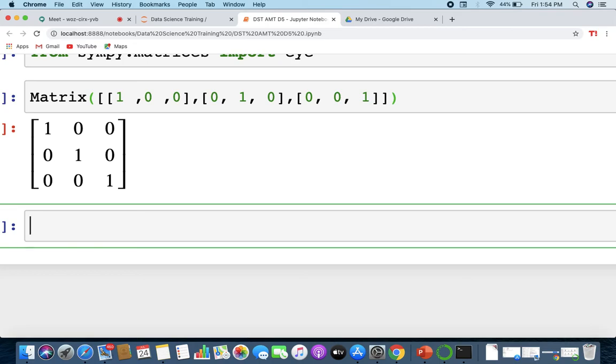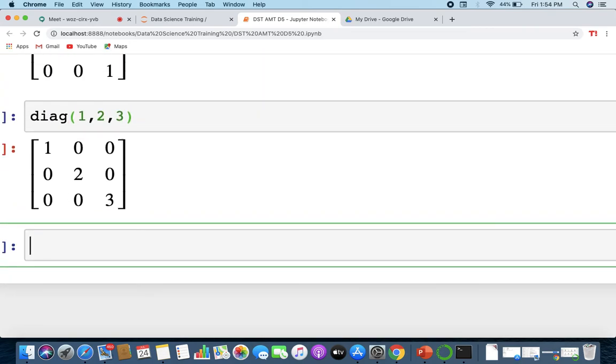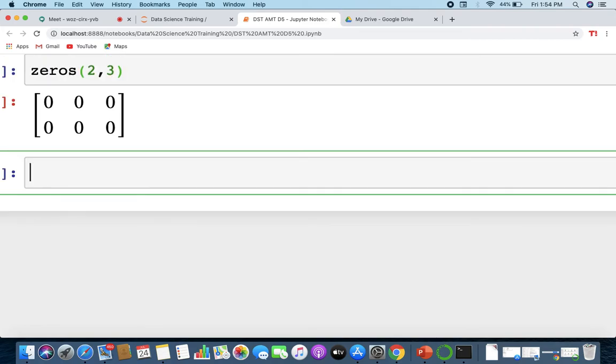So you can also see the diagonal initialized in a diagonal matrix, right? You know the diagonal matrix. What are these things? So you will have this type. So you'll be getting a diagonal matrix of 1, 2, 3. Whatever you write, you will be getting a diagonal type of thing, right? You can also get your zeros. What are the zero matrices, guys? You remember, right? So zeros, if I write 2 cross 3,